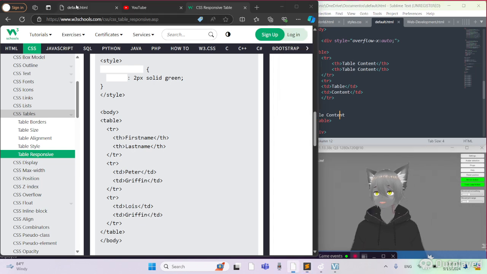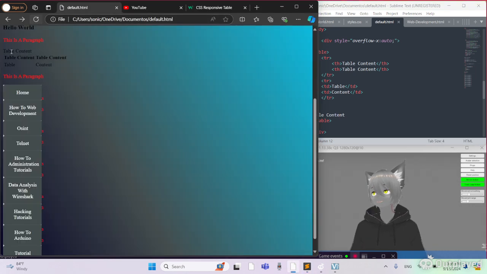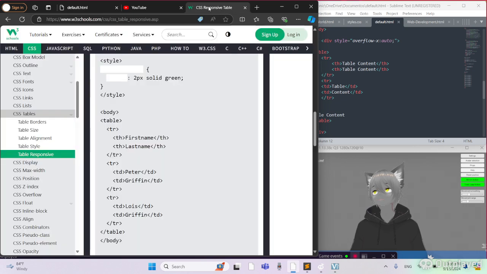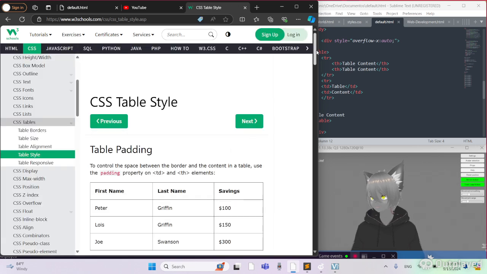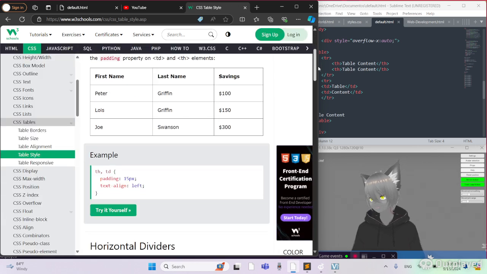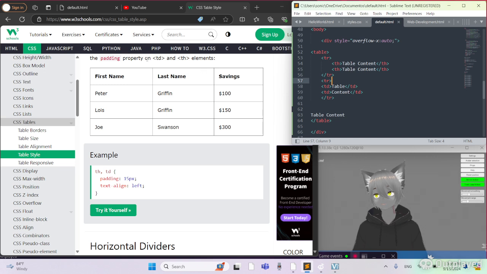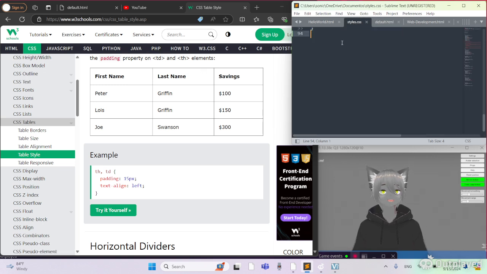We save that, go back to our table, refresh. Now you can see it's formatted more in the shape of a table there, but we still need it to be a table, or at least look like a table on here. So then we go up to table style. In table style, we see how to add padding to our table. So go into our styles.css